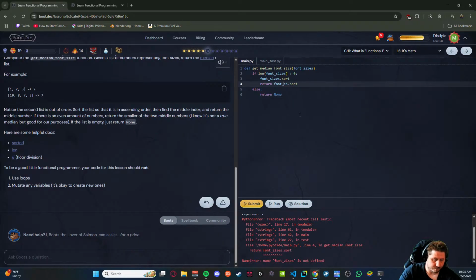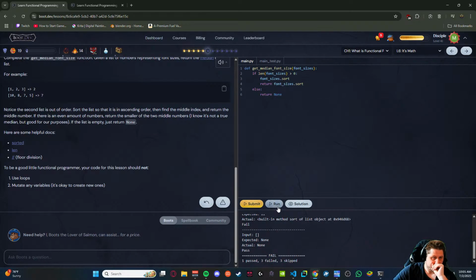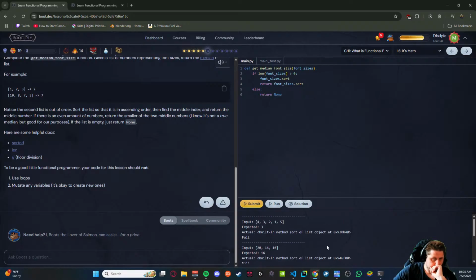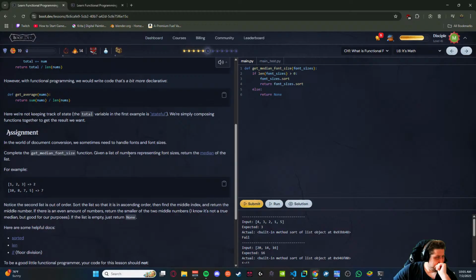The method sort of list object. Why is it not sorting?